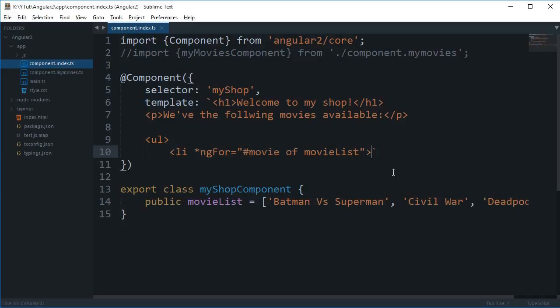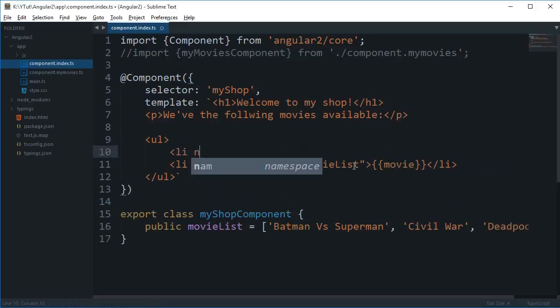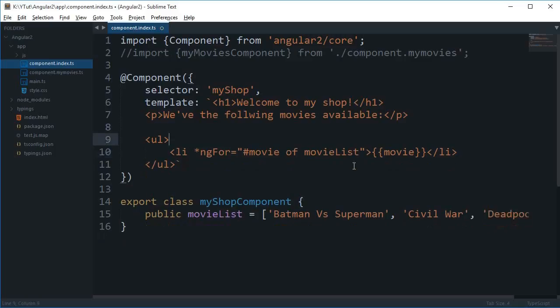So what I'm gonna do again is close this li tag and the ul one as well. Inside this li tag I'm gonna write an expression, which is movie. Similarly, in Angular 1 we had something like ngFor movie in movieList, and then we made use of the movie. Similarly, we have this thing right here in Angular 2. So if I simply take a look in the browser,